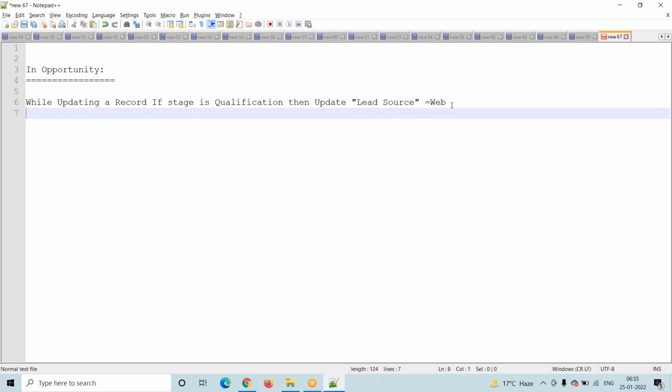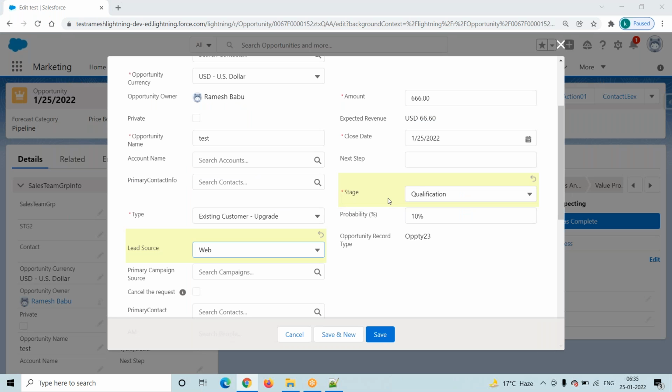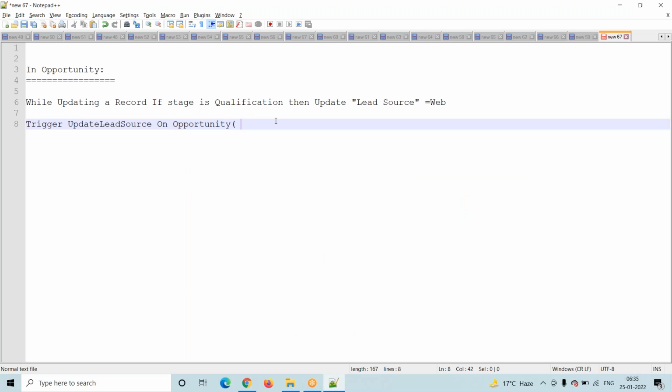Here, what is my requirement in the opportunity object? My trigger name can be any name, for example update lead source on opportunity object. What is the operation here? Updating or editing a record. So the operation is the update operation.